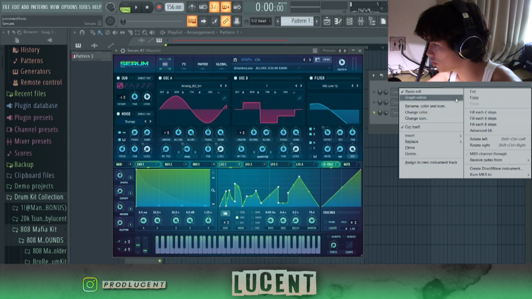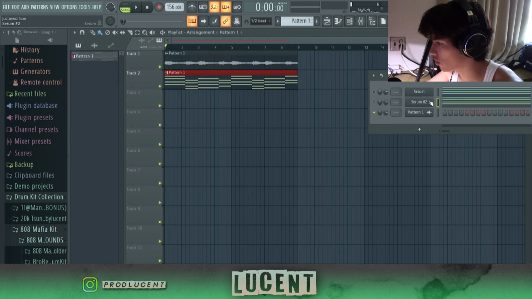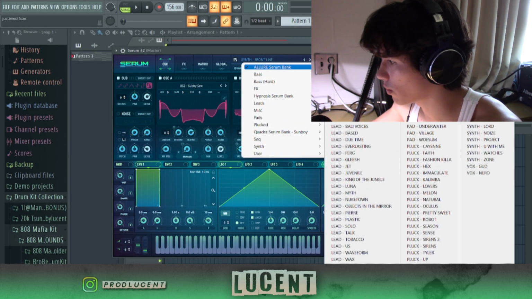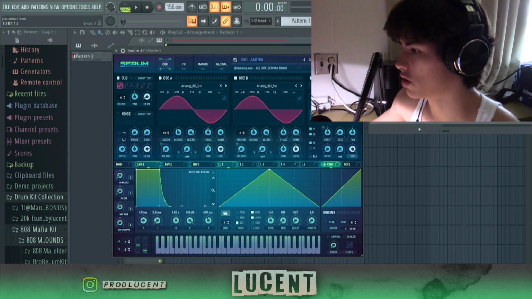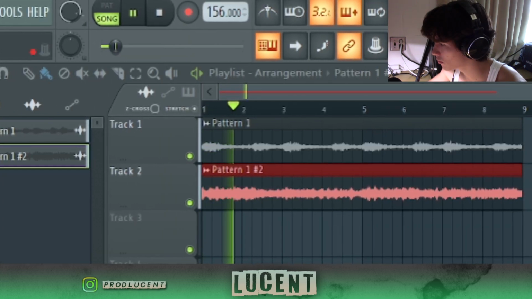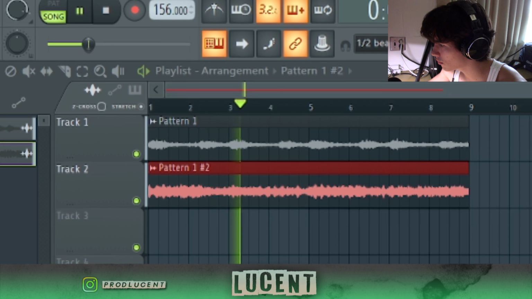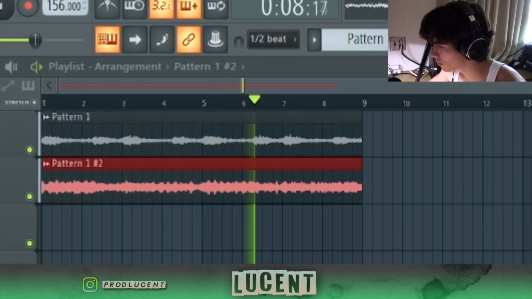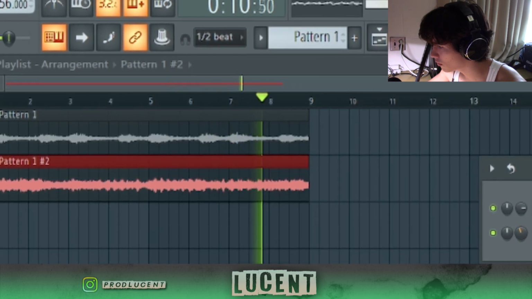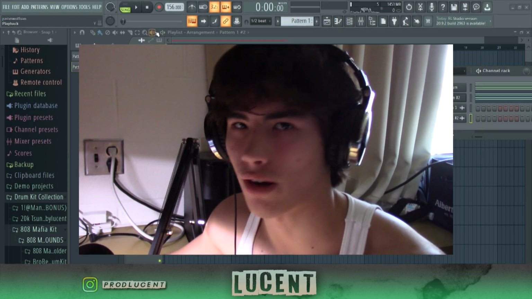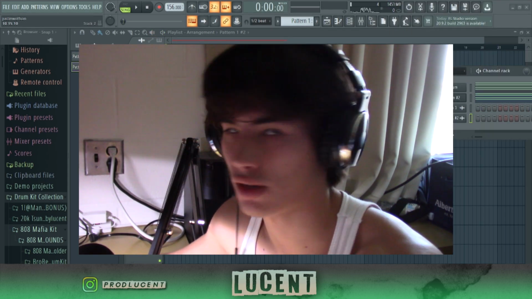What you just got to do is once you get your main melody, just copy and paste it into your VST and then find a new sound that you can use. Because we have a synth, I want to layer it with something more laid back, so I'm going to choose a pad. Just a really smooth background pad that matches perfectly and blends in with the main melody, because